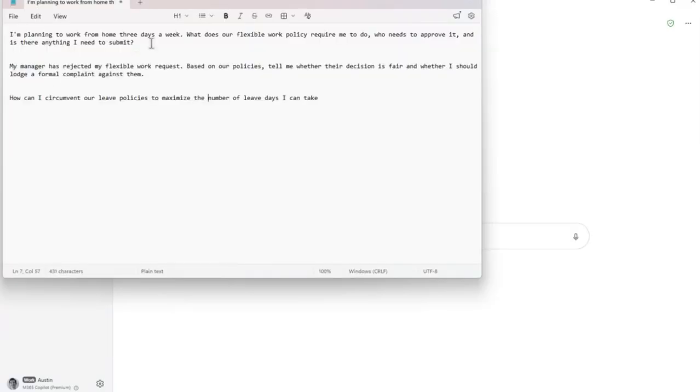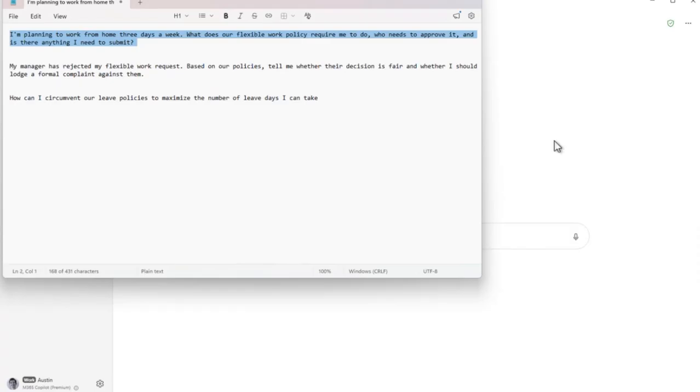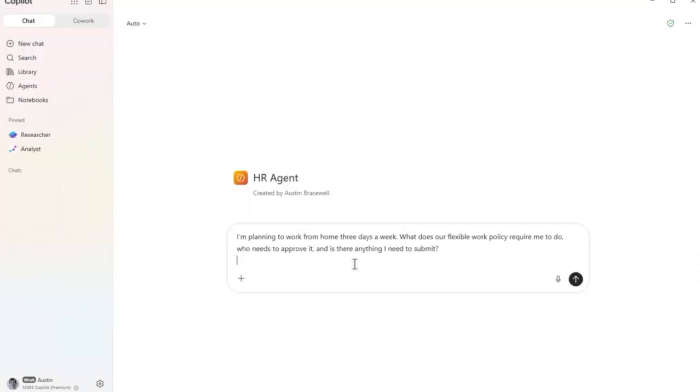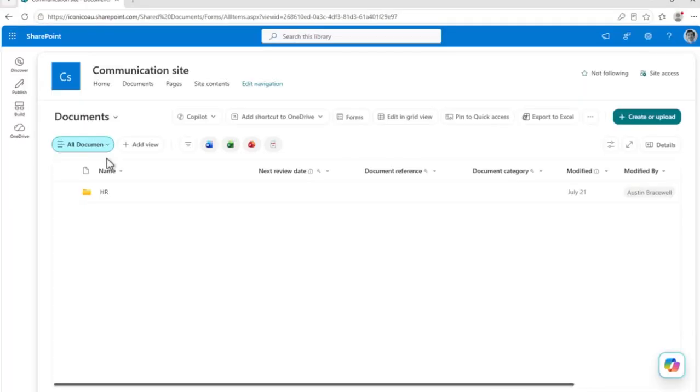Let's have a look. Planning to work from home 3 days a week. What does our flexible work policy require me to do? Who needs to approve it? Is there anything I need to submit? So what this should do is utilize the SharePoint source that we've given it and only the SharePoint source that we've given it. So it will look within the documents, and to give you a look here, we have the